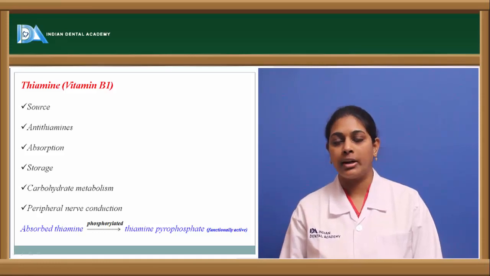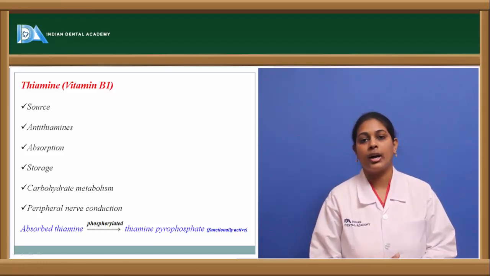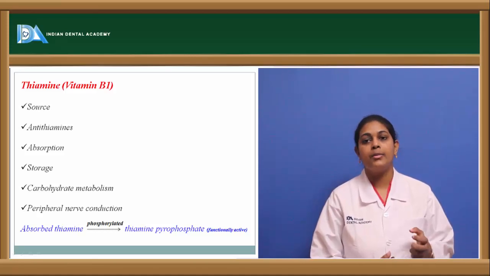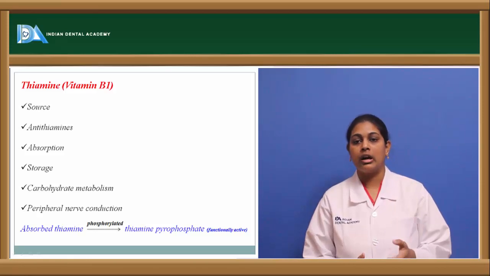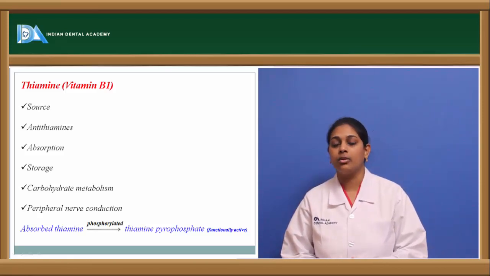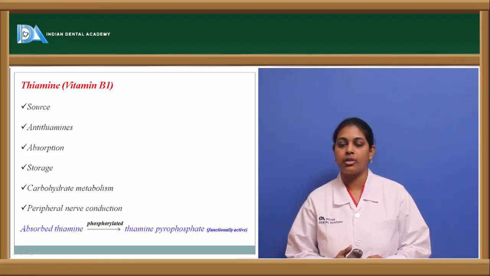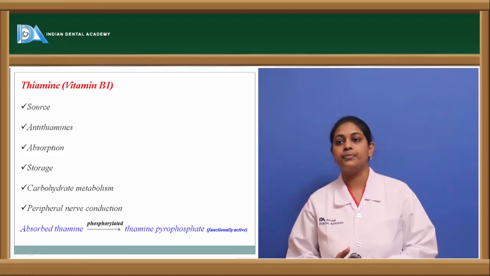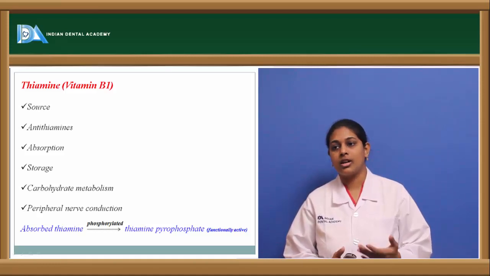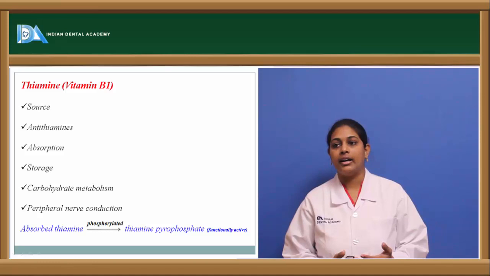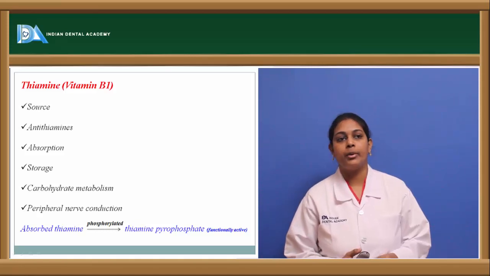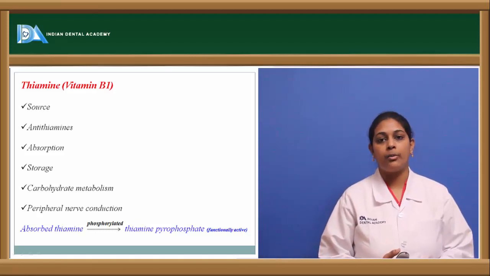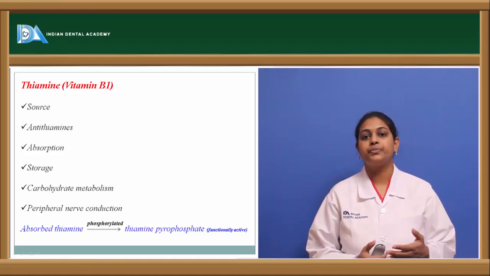Coming to the other features of vitamin B1, that is the antithiamine. Antithiamine acts completely opposite to thiamine, and is usually derived from tea and coffee. And usually vitamin B, like other vitamins, is absorbed in the small intestine, and it is stored in structures such as liver, kidney, bone, and certain other areas, and is widely distributed. And the major function of vitamin B is in the metabolism of carbohydrate, where it helps in providing